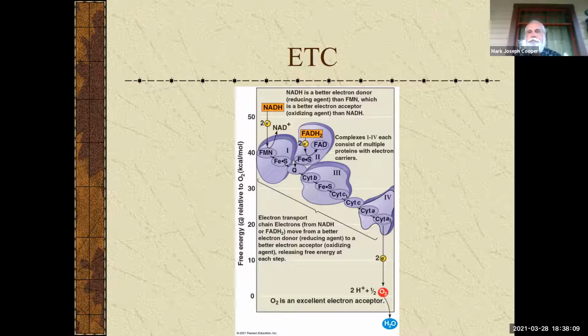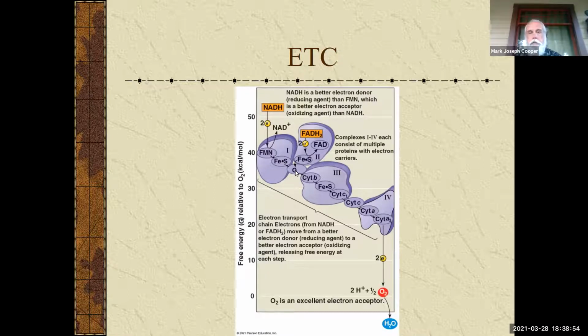is basically a structure. It's a bunch of proteins and other molecules that are set up, and they are embedded in the mitochondrial inner membrane. All right, so here's what I need from you. I need you to know there's really two chains here, and they're kind of hard to see. So what I need you to know is one chain is FMN, which stands for flavin mononucleotide. That's a protein, which is passed to a molecule called iron sulfur, which then gets passed to Q, which is